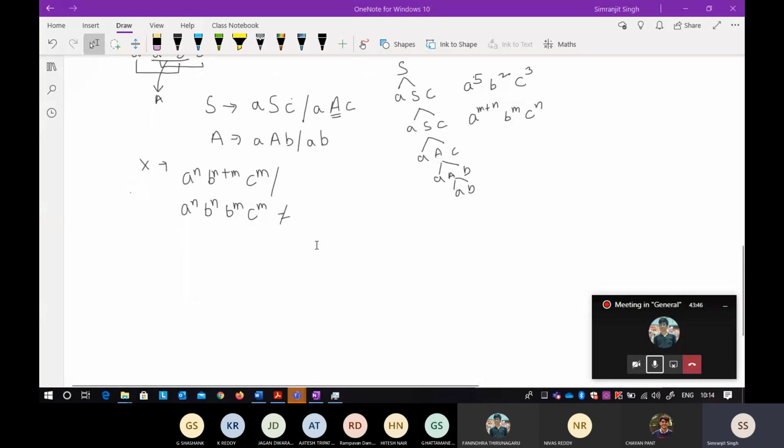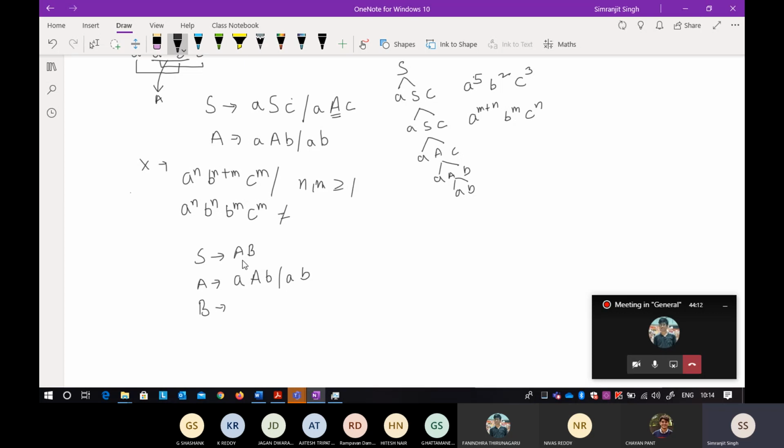Okay, so I think absolutely correct expression by Jagan as well as Phanindra. So it is the same expression. I think we have already done it. So take a variable, S, that goes to a and b. For that a, you will consider a raised to power n, and for that b, you will take b raised to power n and c raised to power m. So this a will be a raised to power n, and the smallest will be ab, because n and m are greater than or equal to 1 here.